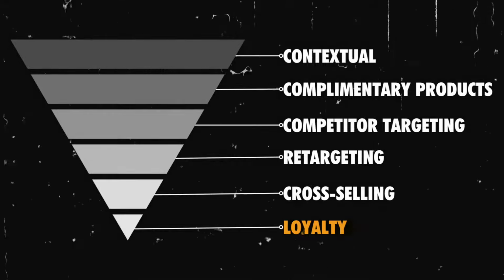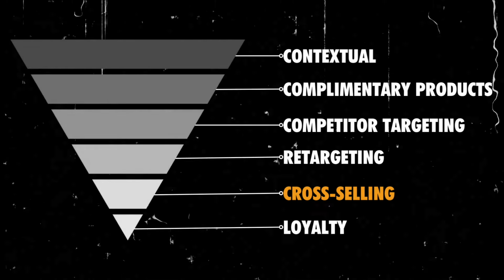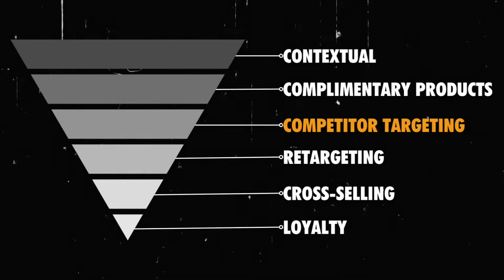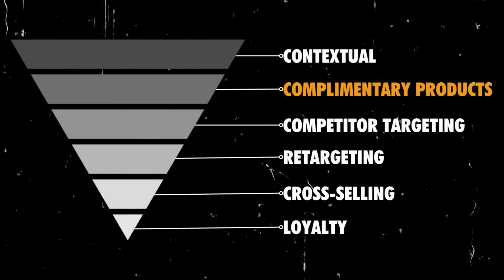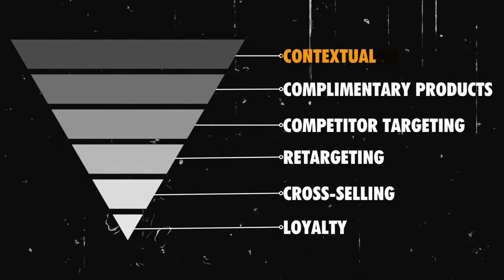But usually what I do, I'll build the funnel pretty simple, right? Bottom of the funnel is loyalty. So people who purchased from me in the past but have not repurchased or purchased my competitors. Above that is cross-selling. So people who purchased one product, haven't purchased another one. Above that is retargeting. So they viewed my product but haven't purchased it or purchased my competitors. And then above that is competitor targeting. So people who viewed my competitors but haven't purchased them and they haven't viewed me at all. So it's fresh audience. Then complementary products, similar thought process, and then contextual is almost like an auto campaign.